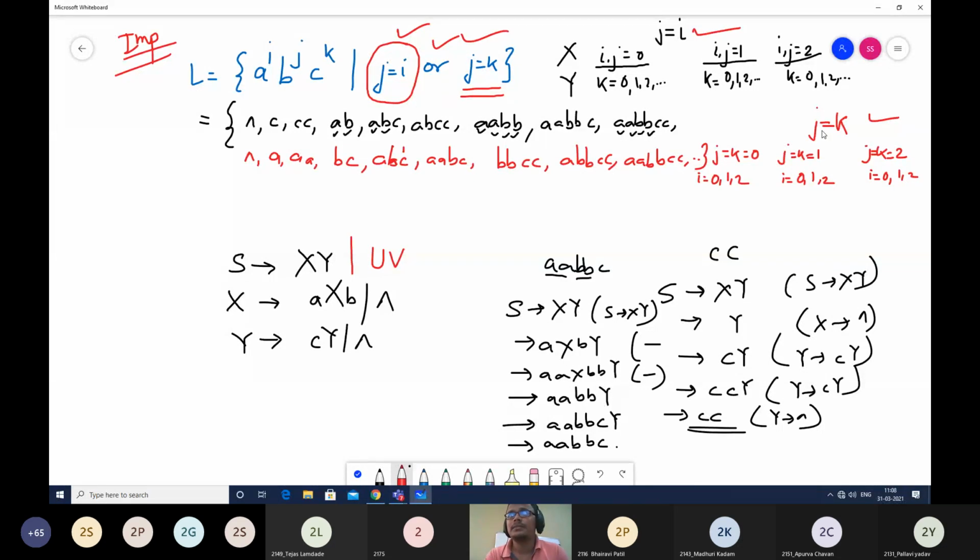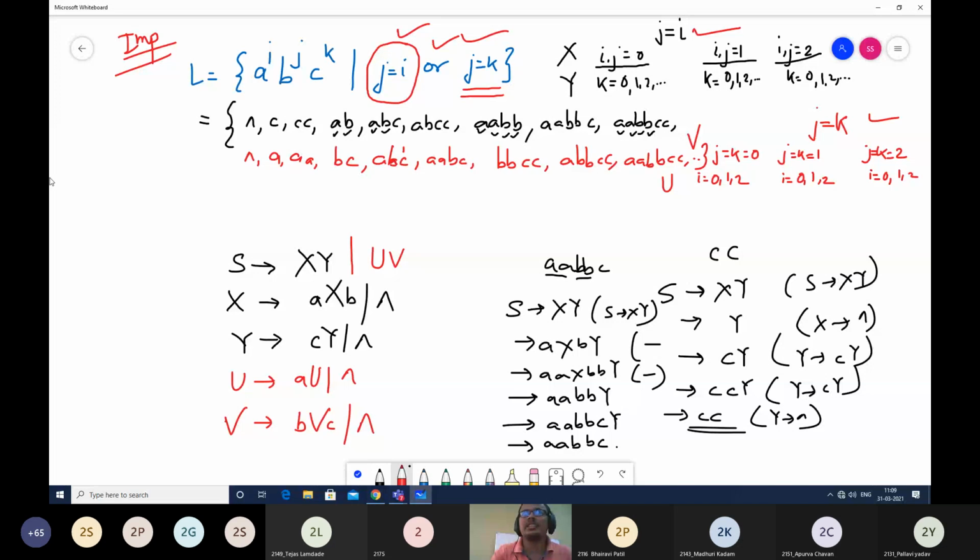But in this case, I will be represented by U and J and K will be represented by V, because in the sequence of strings, first I'll have A, then B, and then C. So U will represent the A's, which is any number of A's. As I have written it for C's, same way I can write it for A's. U is equal to AU or null. And what will be V? V will be maintaining the number of B's with the number of C's. So it will be BVC or null.